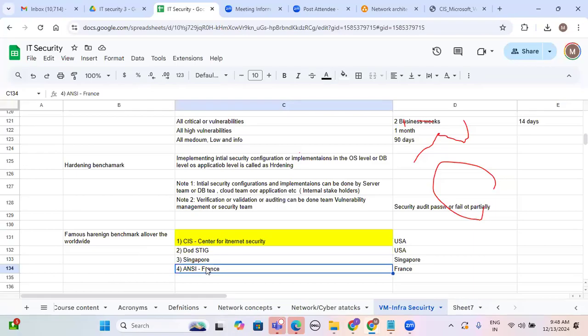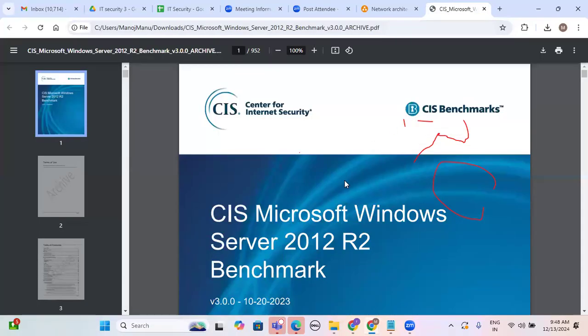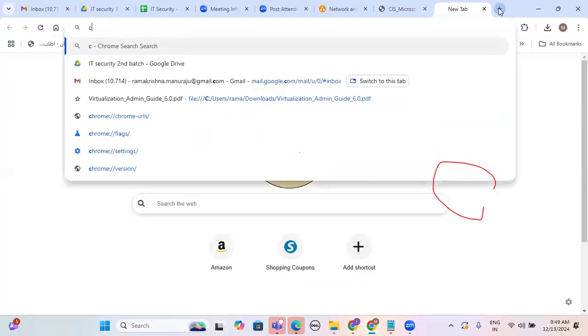Whatever she downloaded for Windows Server 2012, I will show as an example of what exactly a benchmark or compliance looks like. If you want to download this, where do we go? As I said, we can go to Google and type CIS benchmark